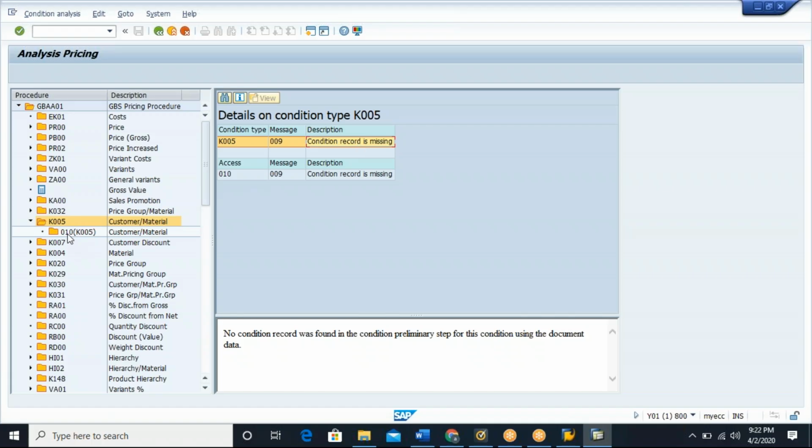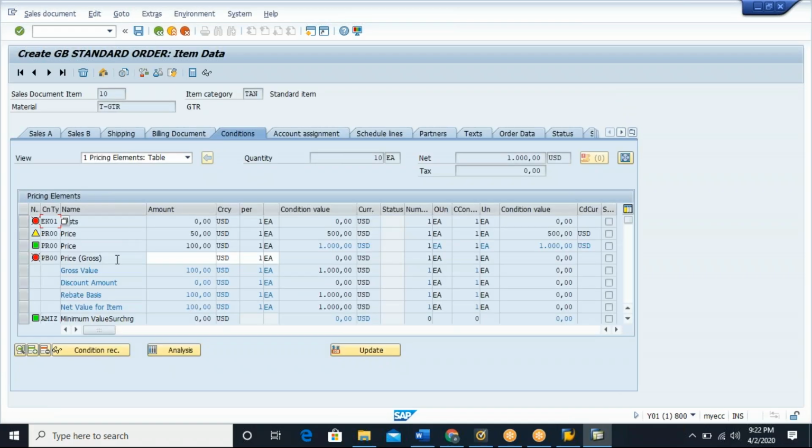We do not have any discount at this moment. Any customer discount? We don't have any customer discount. Any material discount? We do not have any material discount. So in the current pricing,